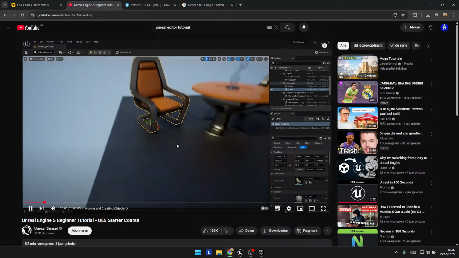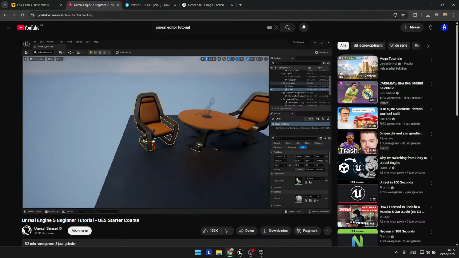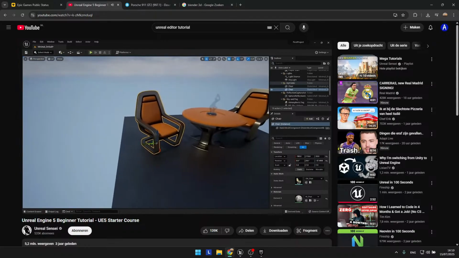I'm able to move this chair around, but notice how moving the chair isn't smooth. That's because by default, snapping is turned on. Now you could turn off snapping by coming up here and unchecking the grid icon like that. So now we can smoothly move our objects around. Now I'm going to turn it back on because it's